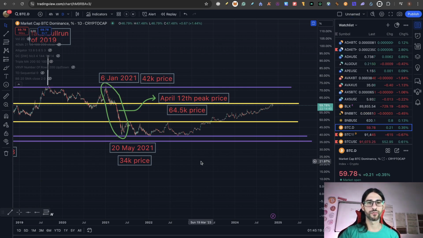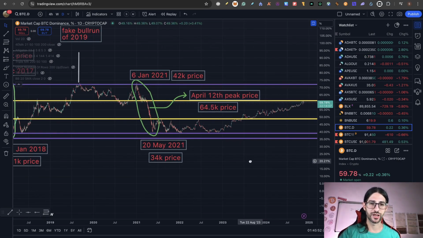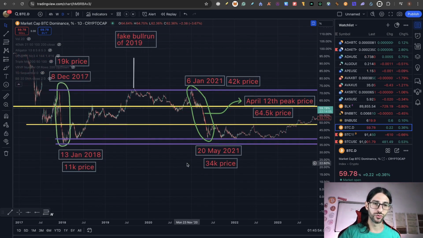If you want, like many people are predicting, a Bitcoin of 200k, you probably need the Bitcoin dominance to continue going up another 10%, and this could take a couple of months. At that point, Bitcoin could reach again a 70% of dominance. Altcoins are going to continue going up slowly, not in an altcoin season, but slowly. And from there, you will expect another dump in the Bitcoin dominance like happened in the previous two bull cycles.